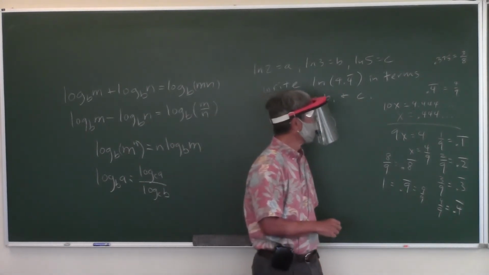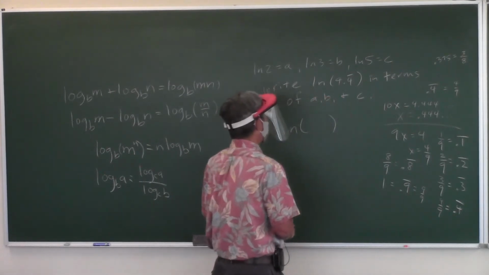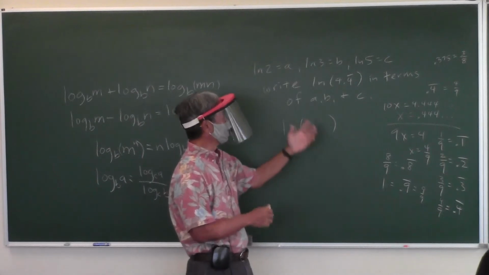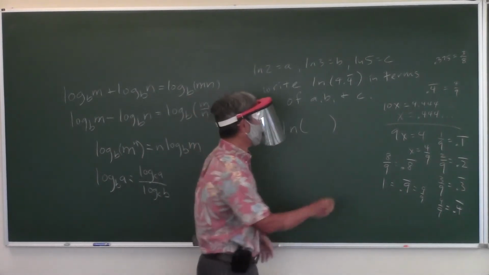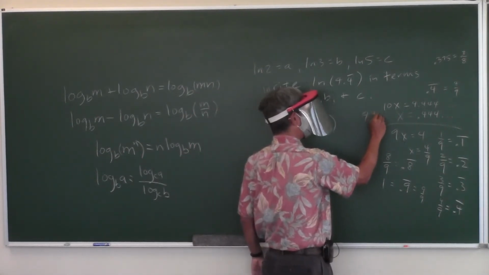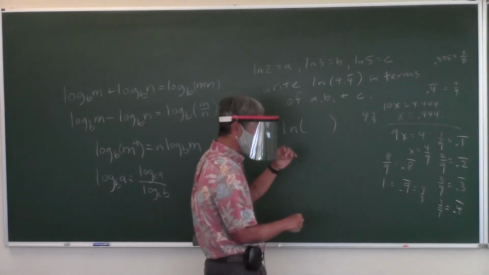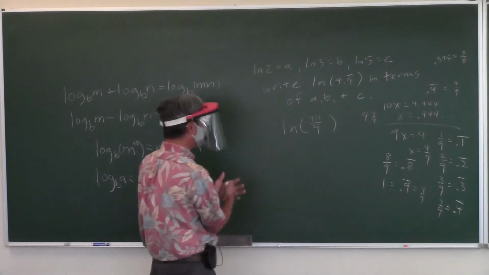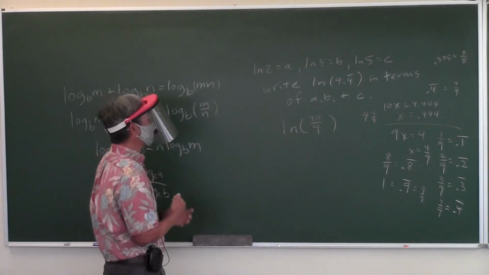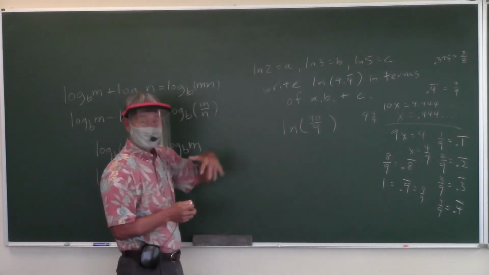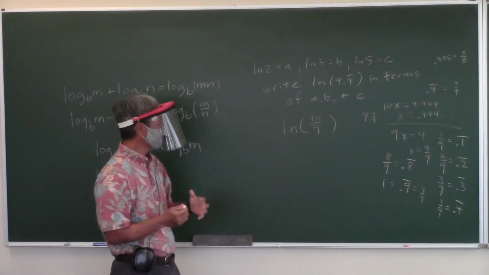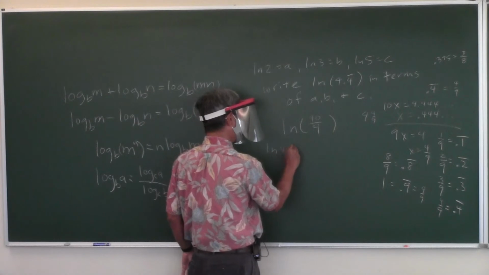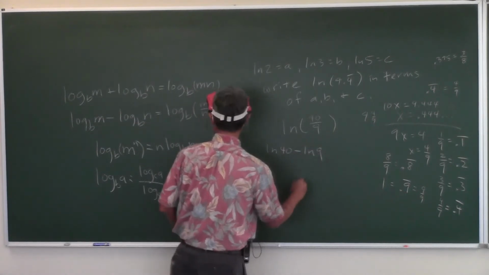Oh my goodness. All right, so we know now 0.4 repeating is 4/9, so 4 and 4/9. What is 4 and 4/9? Change that to an improper fraction. 40/9. All right, so now we can change this using your properties of logarithms. So using your properties of logarithms, isn't this equal to natural log 40 minus natural log 9, using this second